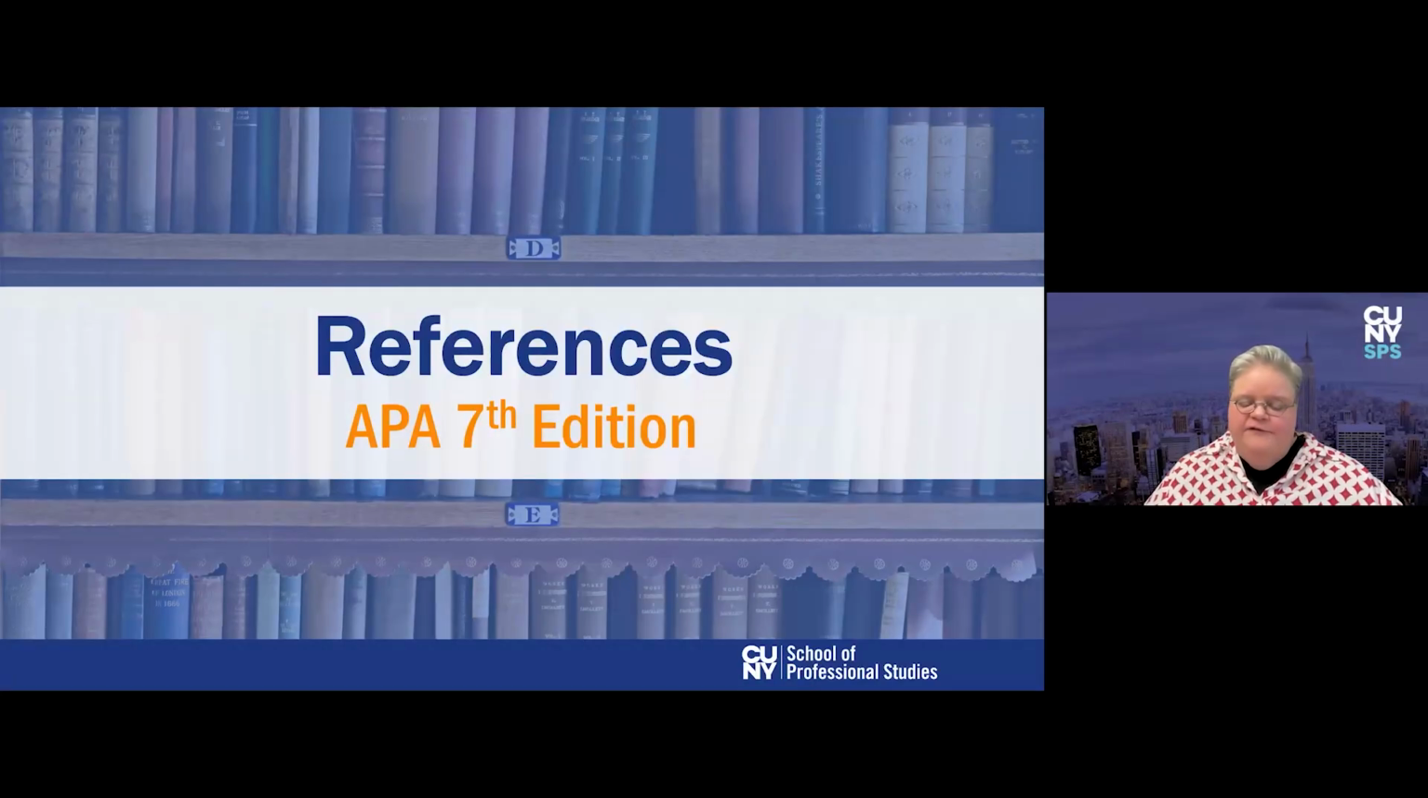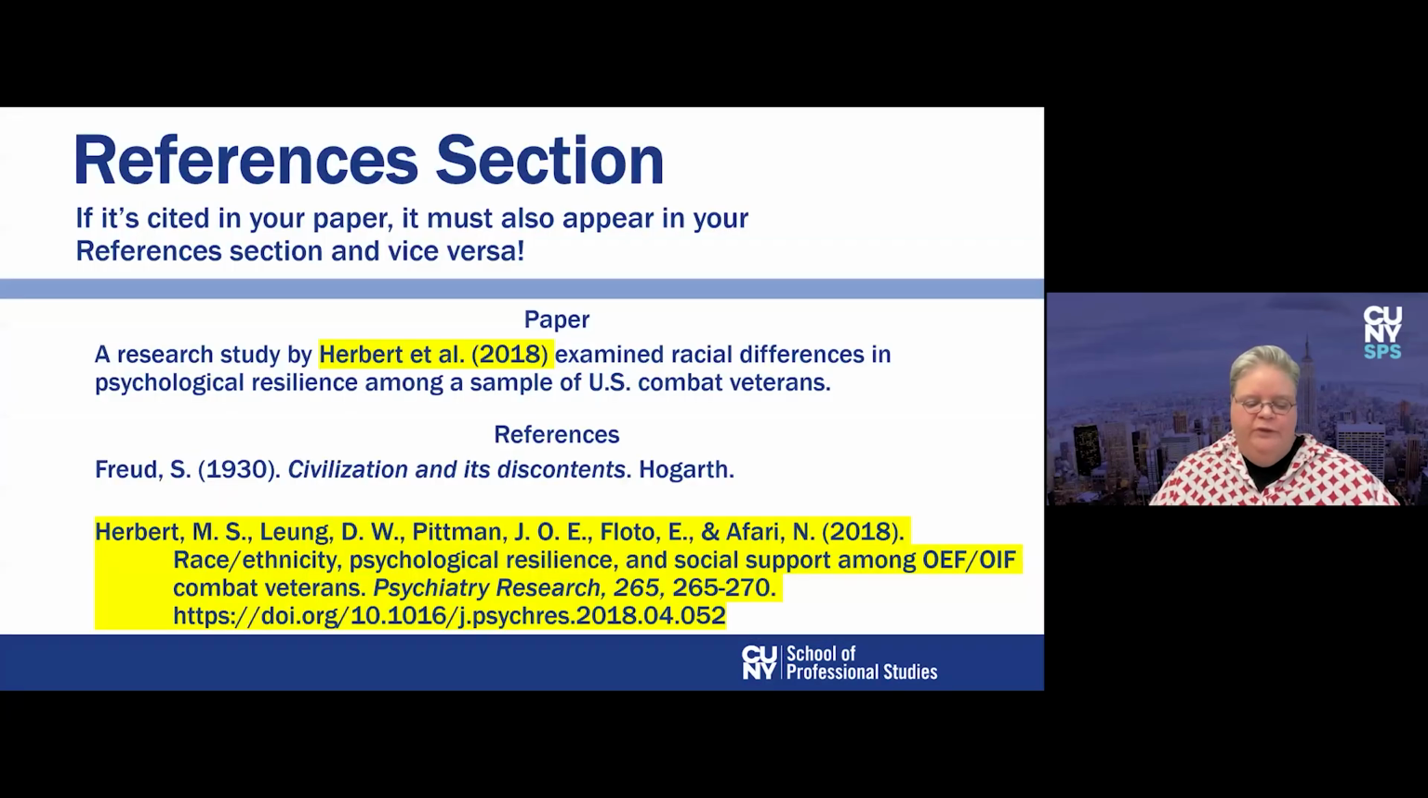In addition to having in-text citations, APA format also requires you to have a references section at the end of your paper. We'll talk about the basics of how to create a references list now. Note that if you include a citation in the text, it must also appear in the references list. And if you include a source in the references list, it must appear in the text and have an in-text